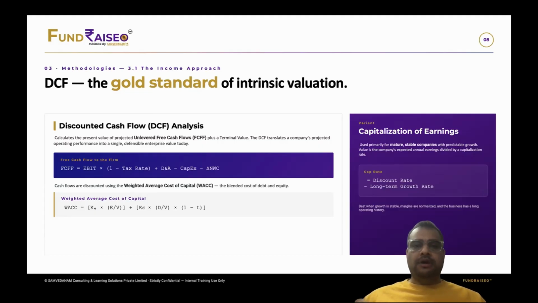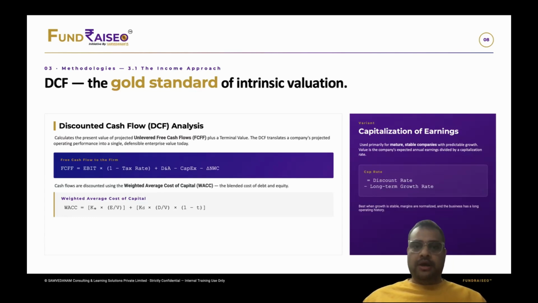First, let's understand how the free cash flow to the firm is calculated. Free cash flow to the firm is calculated with the help of this formula: earnings before interest and taxes multiplied by 1 minus the tax rate. The tax rate we are talking about is for that particular country, on how much tax you actually pay on the profits generated by the business. Plus the depreciation and amortization, because as we all know, depreciation and amortization is a non-cash expense. So this value is added back in the free cash flows, minus any capital expenditure which the firm is doing,